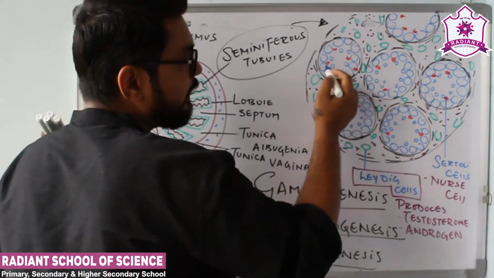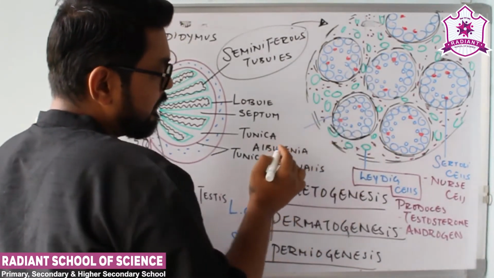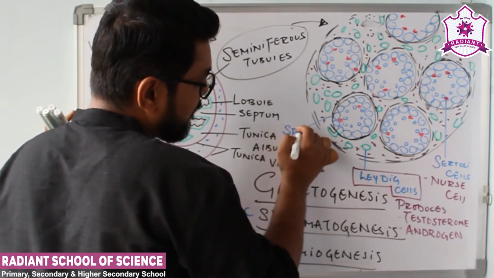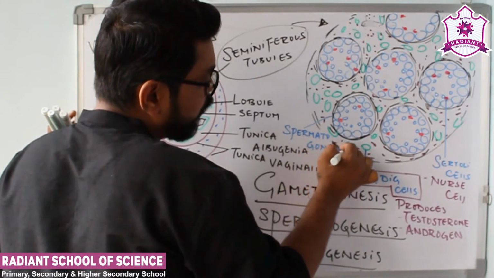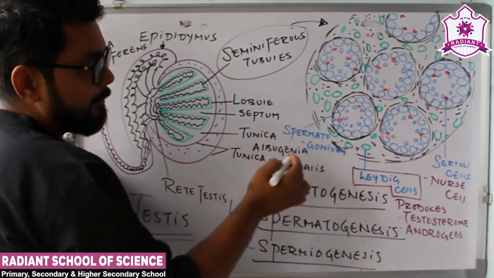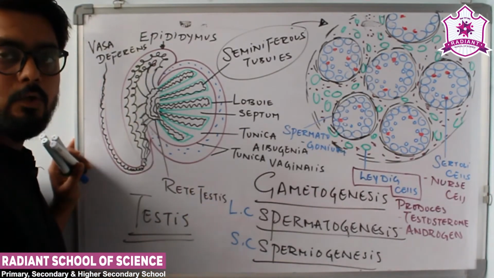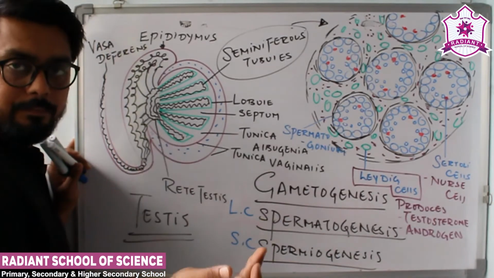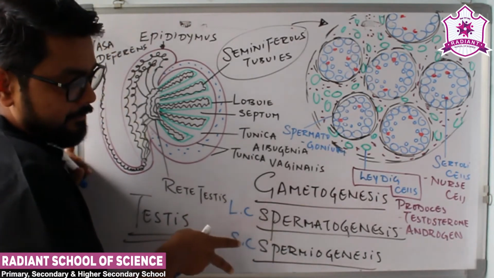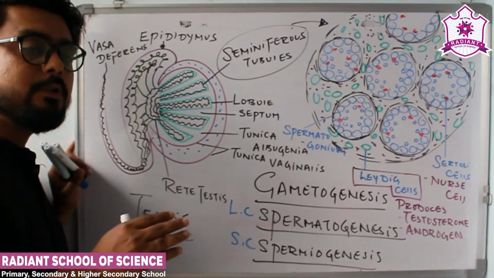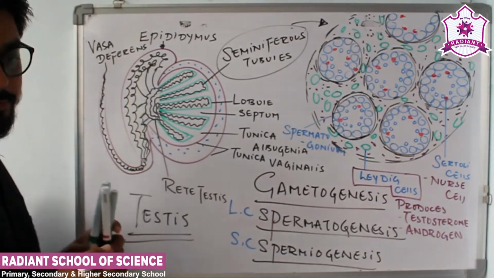Now one more thing which I have drawn in the structure is blue cells. These blue cells are termed as spermatogonium, and this spermatogonium are the cells which keep on dividing. They undergo mitosis, then they would undergo meiosis, and they would finally form the sperm. So in this lecture we would be talking about these two steps in detail, what spermatogenesis is and what spermiogenesis is. So I'll start with the spermatogenesis first.